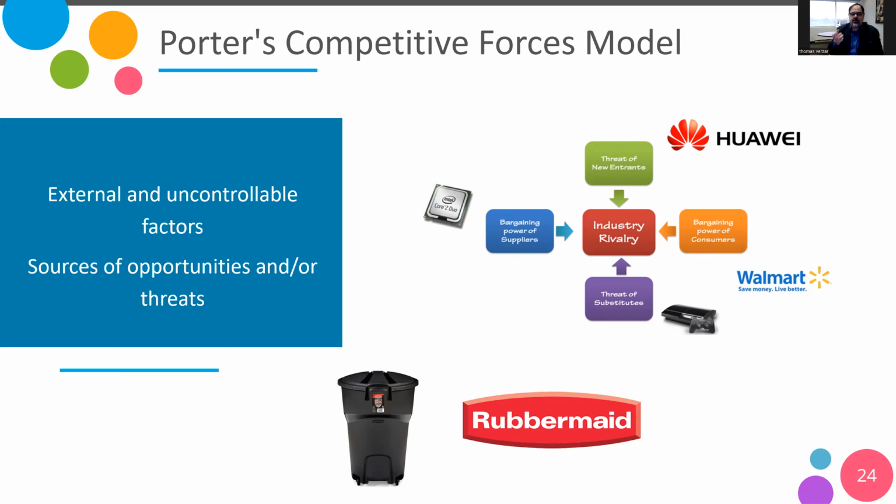Resin is a component of plastic, and of course, plastic is a component of these garbage cans. So this increase in price cut down Rubbermaid's margins. And so they approached Walmart to discuss this issue and mentioned that they were going to have to increase the price of their products to Walmart to cover the cost of this increase in their base